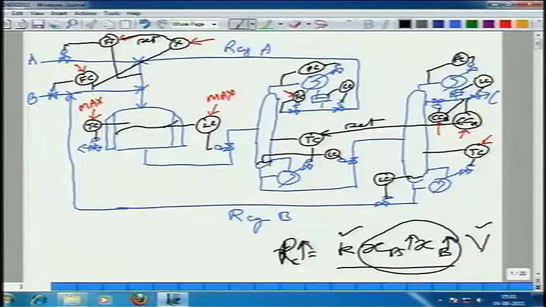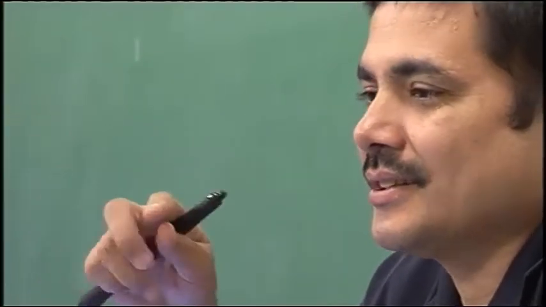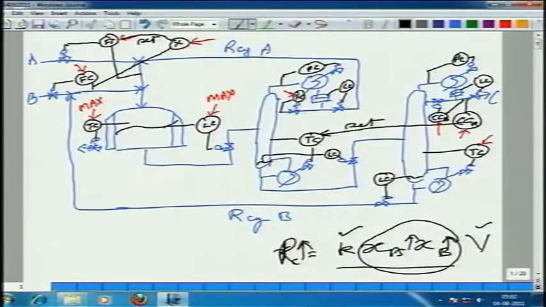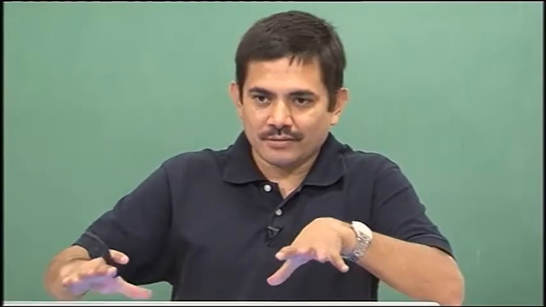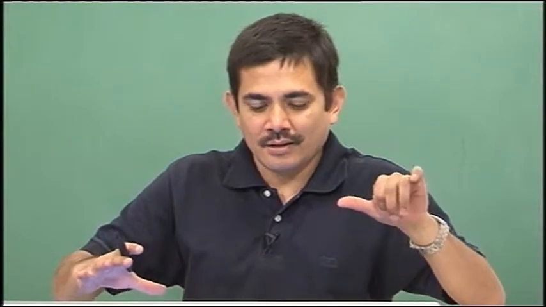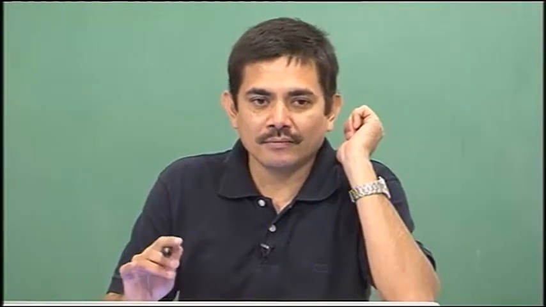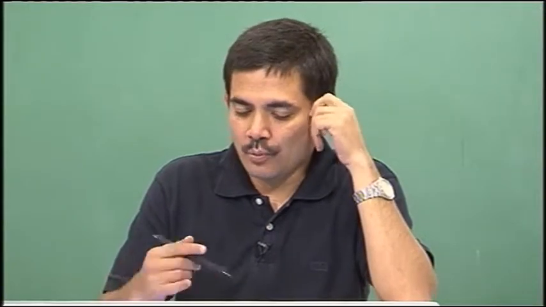All right. By the way, just as an aside, suppose there was a side reaction which is in series. A plus B goes to C, C further reacts with, for example, A to give D. Let us say the volatility of D is the same as that of C, so the D comes out with C in the process. If that is not the case, if D is heavy, then you need another column to take out the D. But for this flowsheet, if there is a side reaction, C plus B goes to D, how would you manage this process?